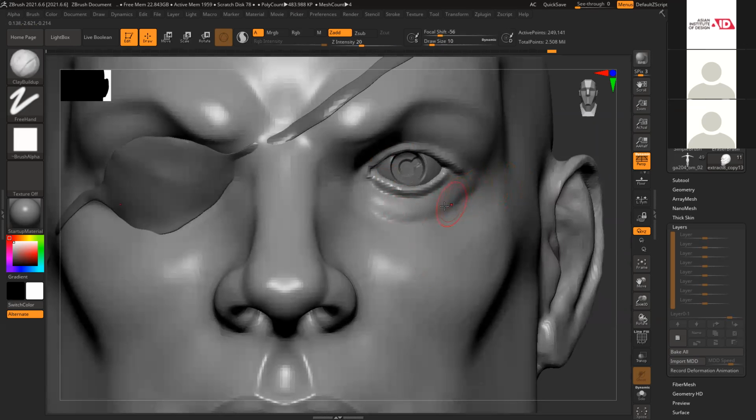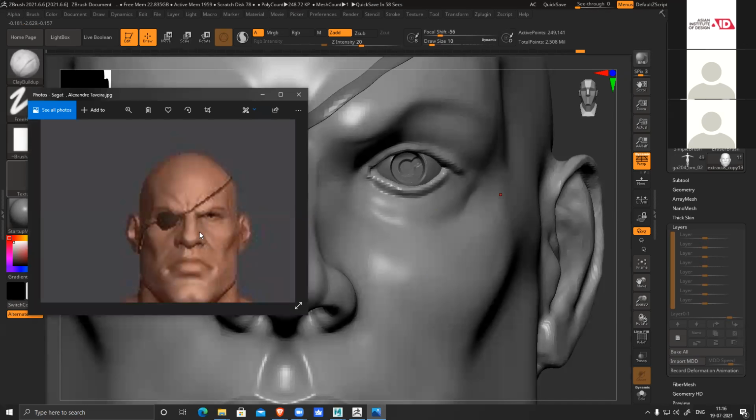So here, this is fine. A little bit more round. So in your reference, you can see these lines, right? This thing we have to add.